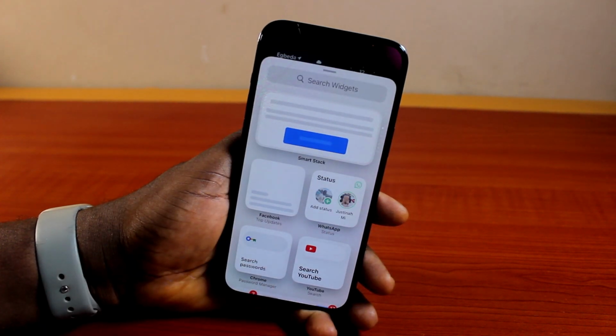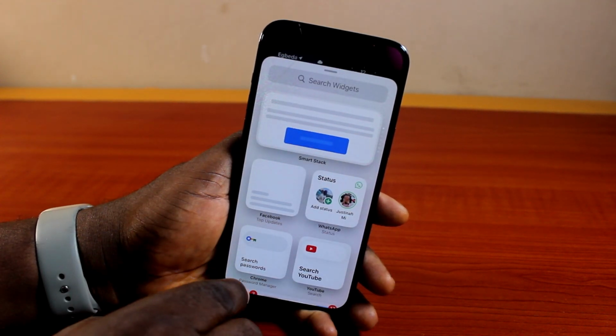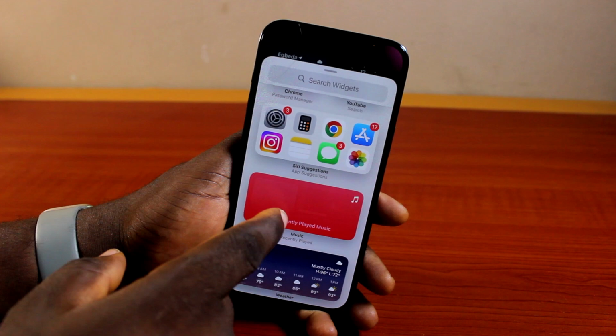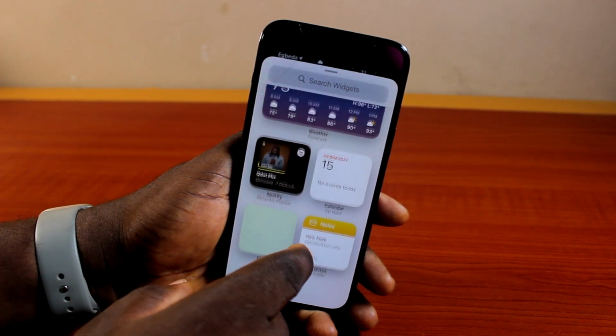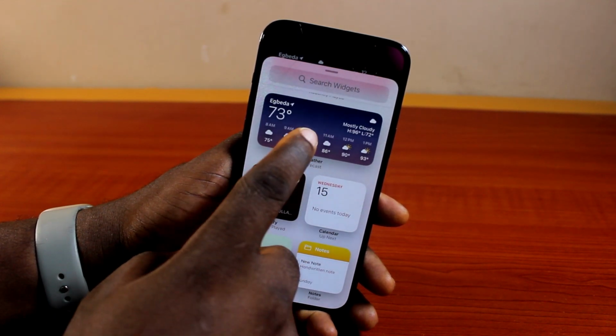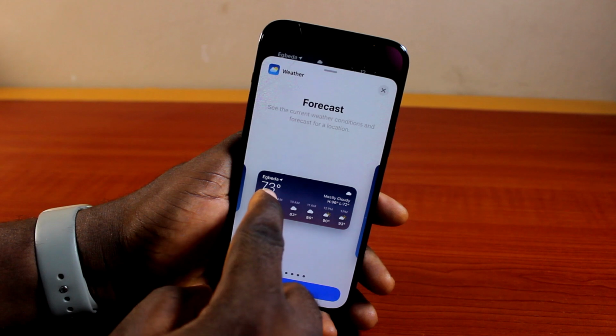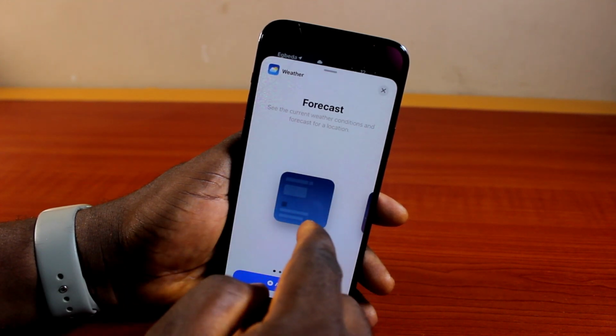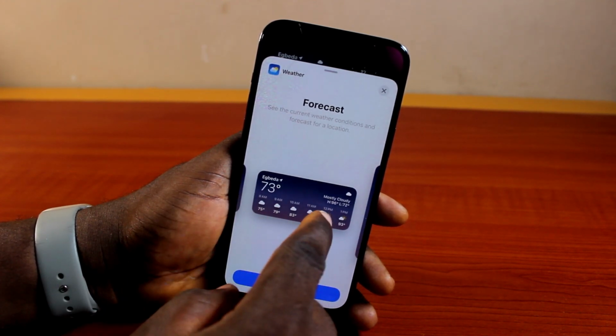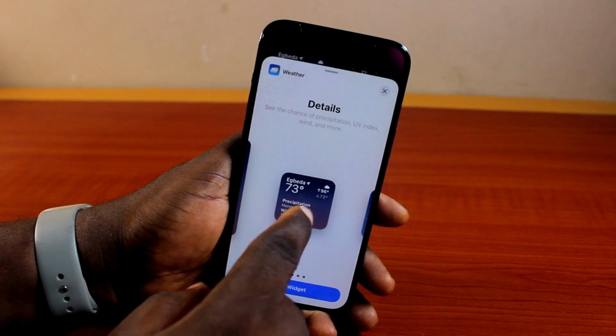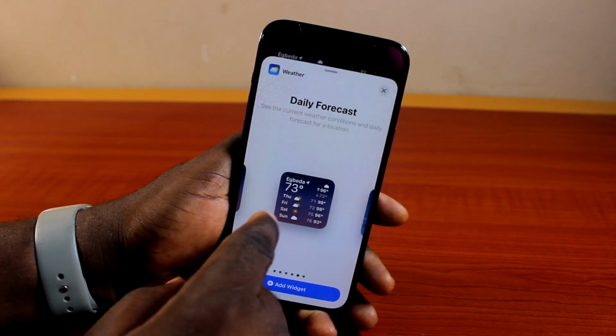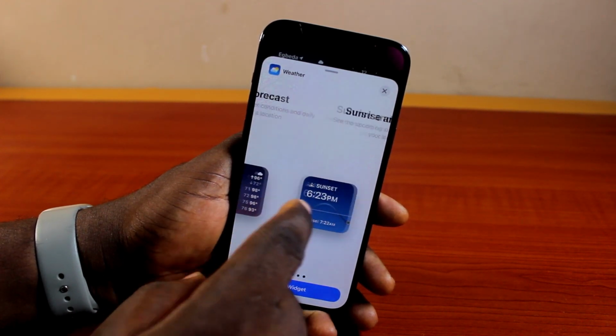Once you select Add Widget, you're going to see Search Widgets. Now here, you want to scroll down and search for the widget you want to add. So in this case, let's say I want to add the weather widget. Click on that. Then here, you have access to the different weather widgets you can set. So these are the different weather widgets we can add. So scroll through them